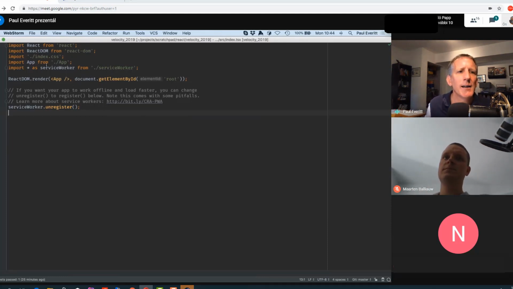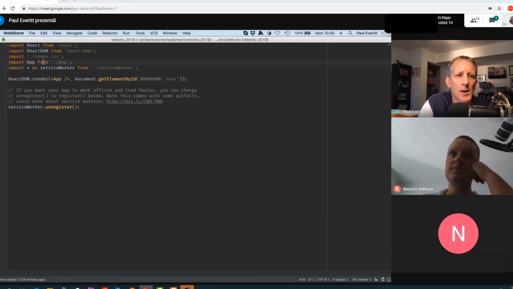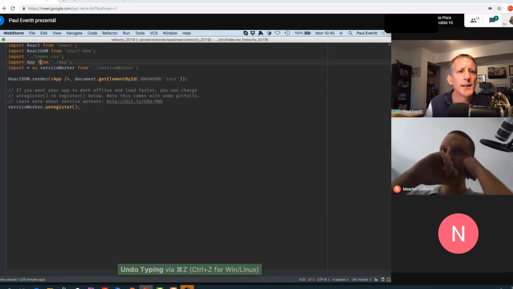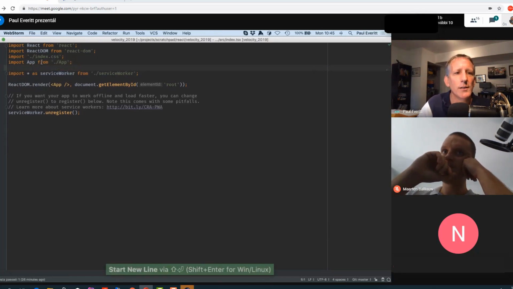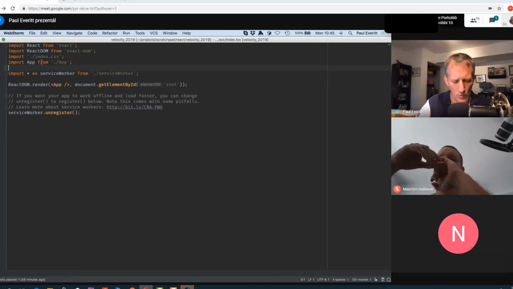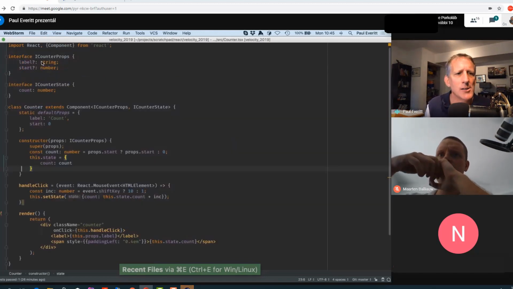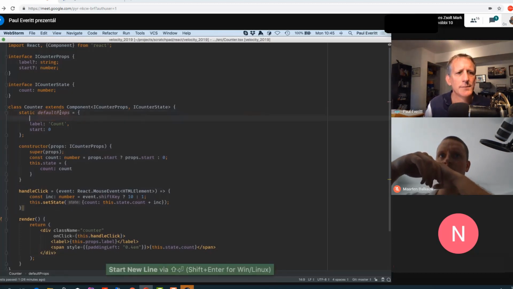And if I'm sitting on this line with my cursor on the from, and I want to add a new line after that, well, I could go to the end of the line and hit enter, and that's a lot of work. Or I could just hit enter here. Oh, nope, that's not going to work. Shift Enter is smart start new line. It will start a new line with the indentation correct. So for example, if I'm back in my counter and I hit new line, it will indent it correctly for where I need to be.